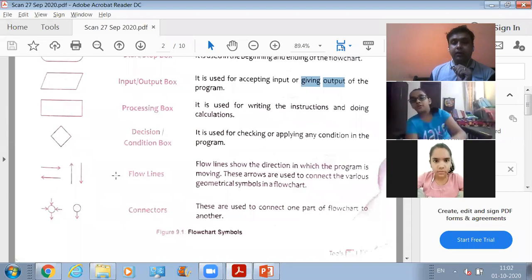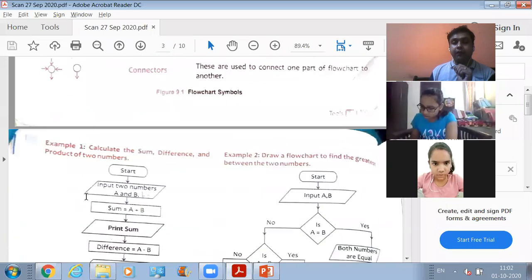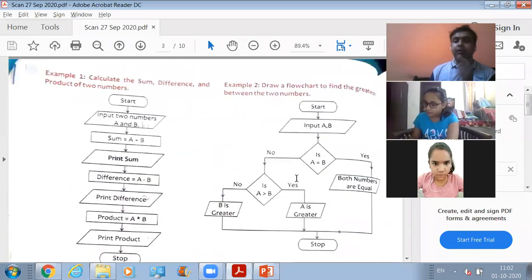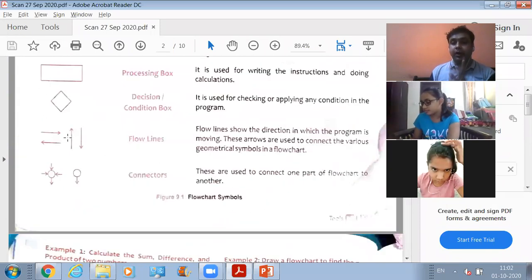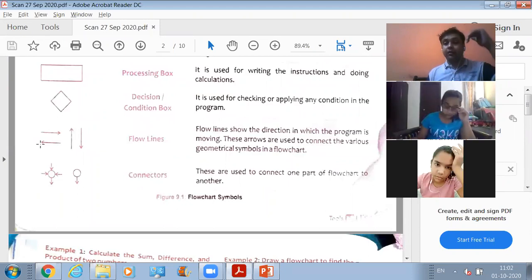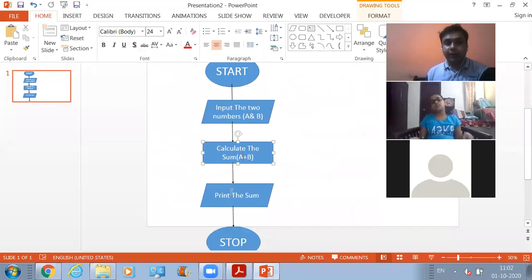Okay, and these are known as flow lines. Beta, when we discuss this question, you will be able to understand it. These direction lines are known as flow lines. They tell us in what direction the program is flowing. Right now the program is flowing from top to bottom. यहाँ पे आप देखोगे तो डायरेक्शन साइन नीचे की तरफ है ना.